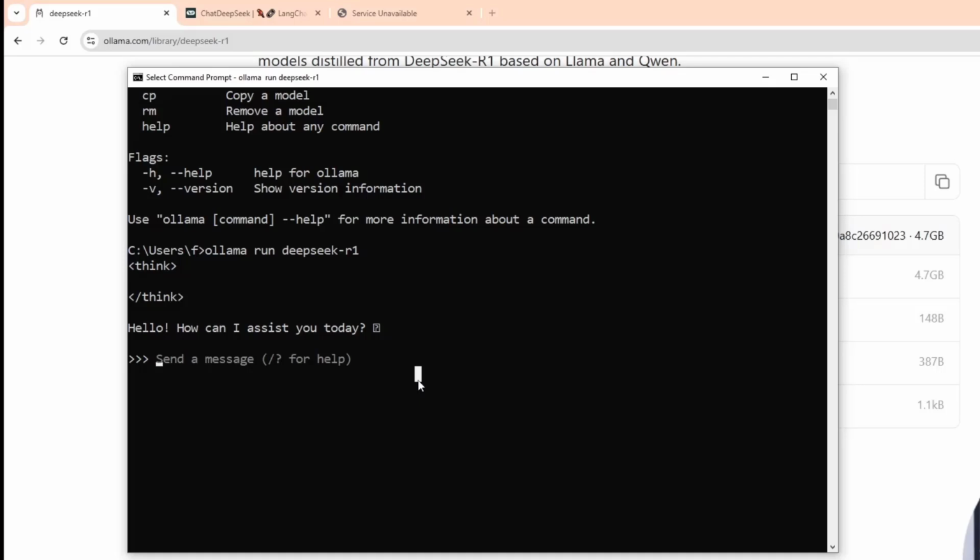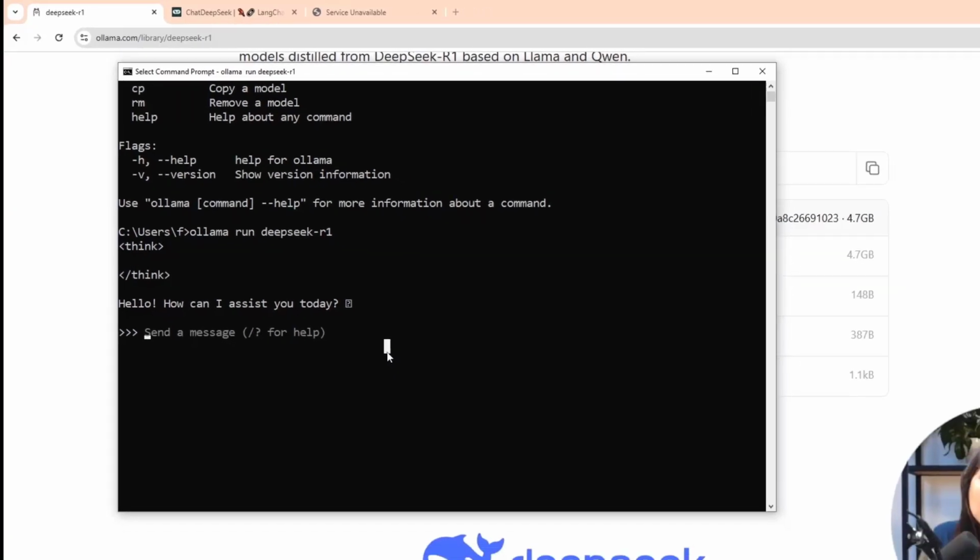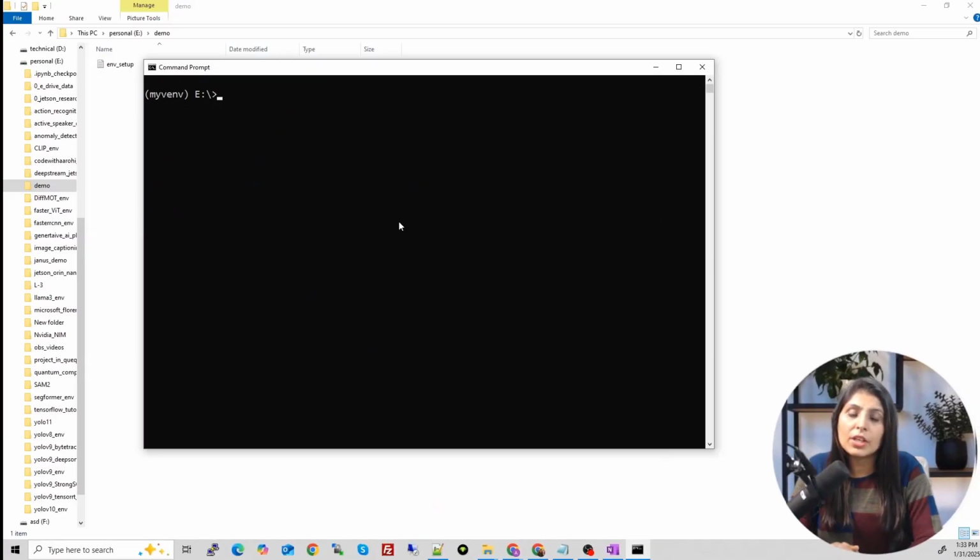Next step is to use this model with LangGraph to build a chatbot. So whenever you want to create any project, the first thing is to install the requirements. So that is what we are going to do now. We will install all the requirements now. So guys, before that, let me show you the Python version I'm using. So the Python version is 3.10.11.